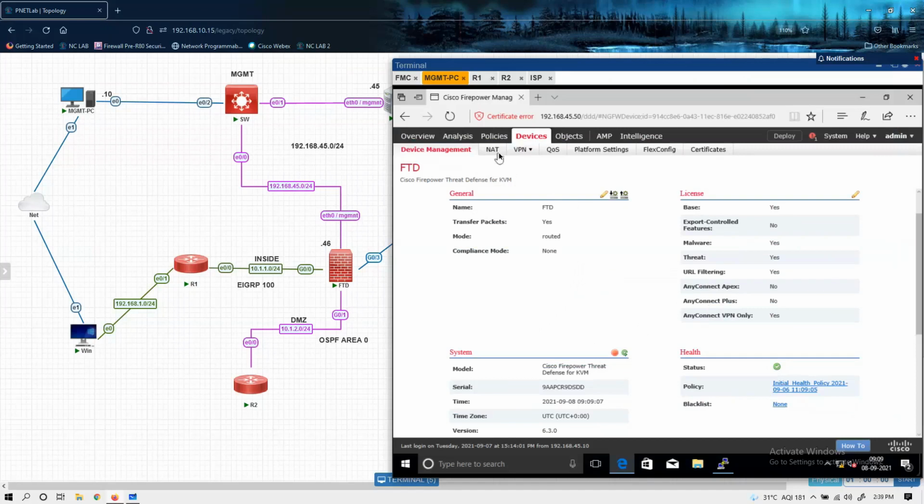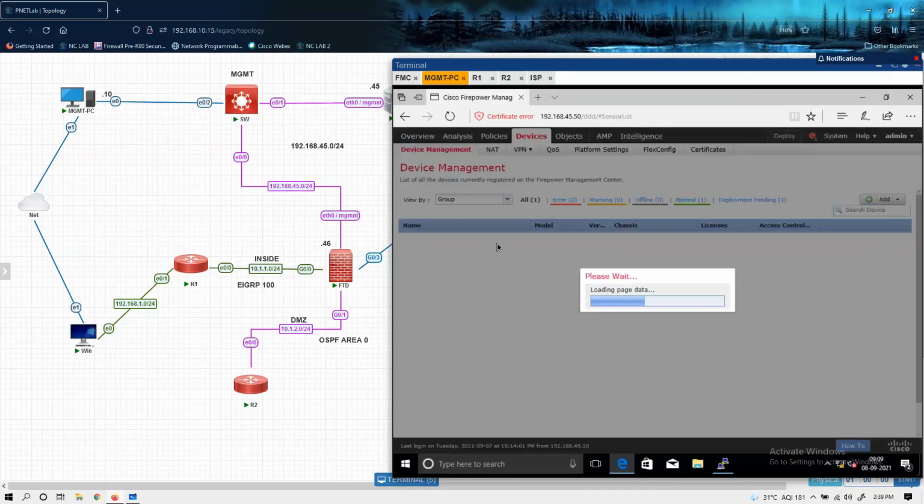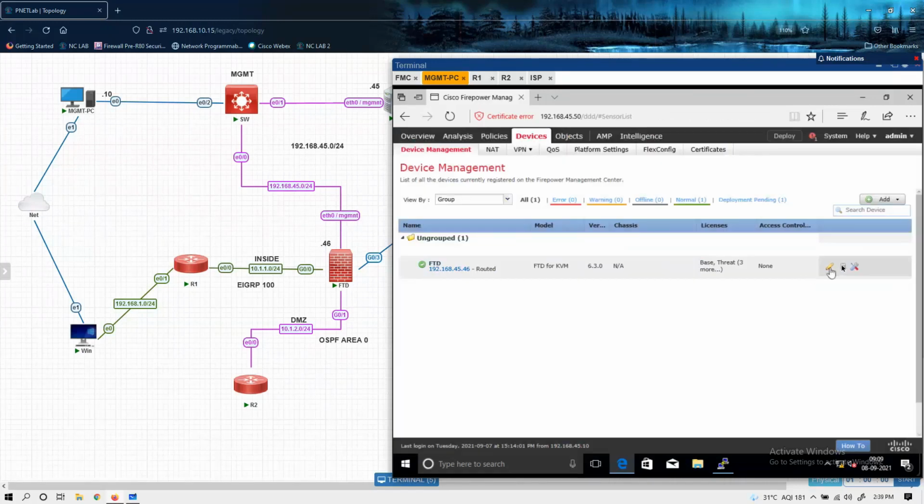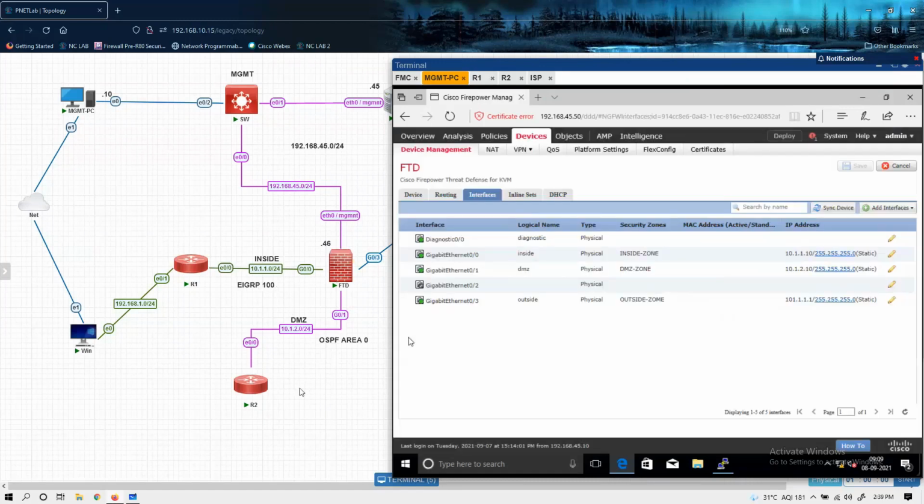Now let's go to the device management tab again. Here we will configure routing. Between R1 and FTD, we can configure EIGRP 100. Between R2 and FTD, we can configure OSPF.